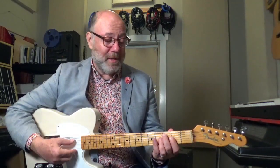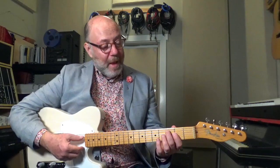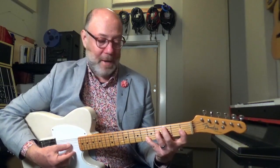And then the last note that we're going to consider as a possible root is C. And it's going to be tough to think of this as a C chord because we've got sus4, flat 5, flat 6, and that's just not something that comes up very much. C, sus4, flat 5, flat 6. But it could be